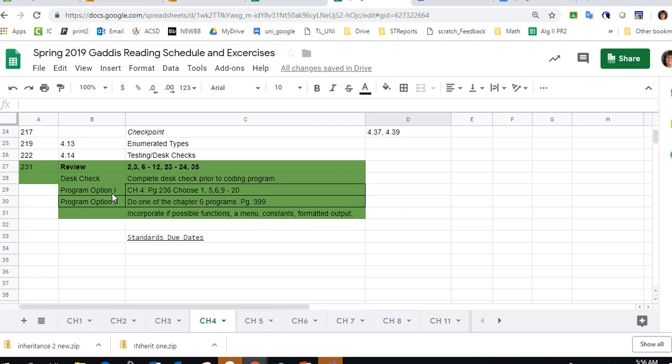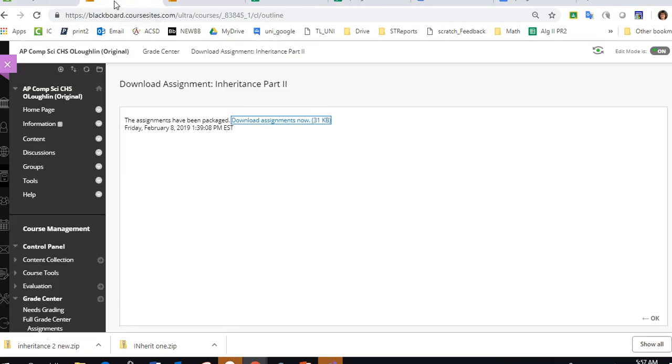Okay, you do have, it looks like, a couple of options for programs. If you are more advanced, meaning you've already taken a different programming class other than the computer science principles, you might want to try one of the programs from chapter 6. If you're just first starting out with C++, please choose a program from chapter 4. Okay? Last but not least, in order to earn an exemplary grade, you need to be choosing programs that are more challenging. If we go back to Blackboard and we take a look at our content,